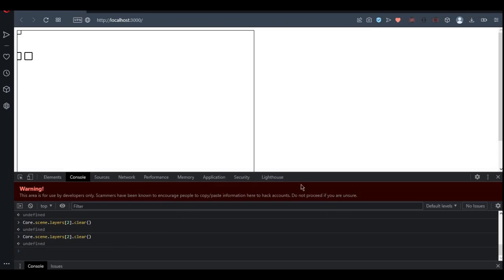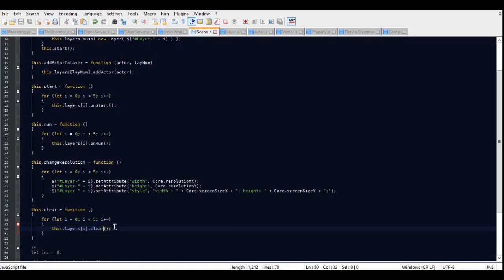I'll look into that for next time. In theory this should work, it just clear doesn't seem to be doing what I think it should be doing,